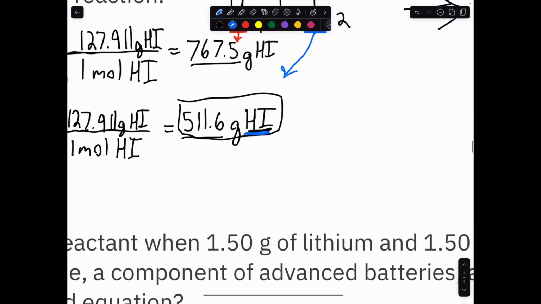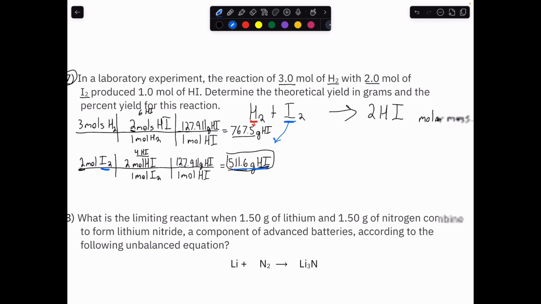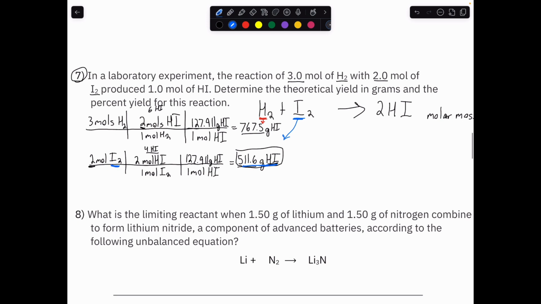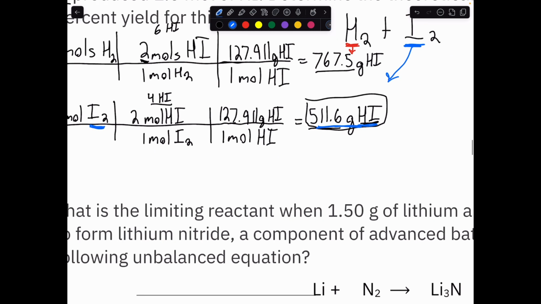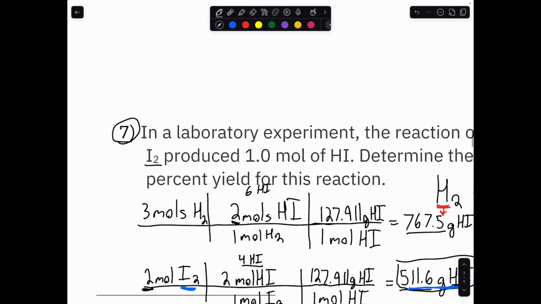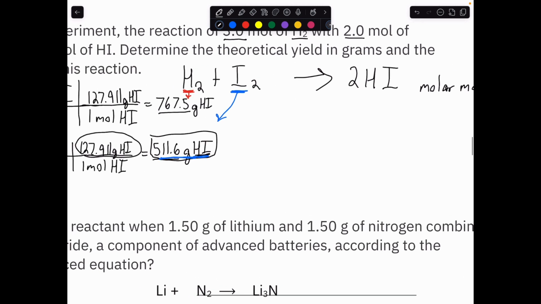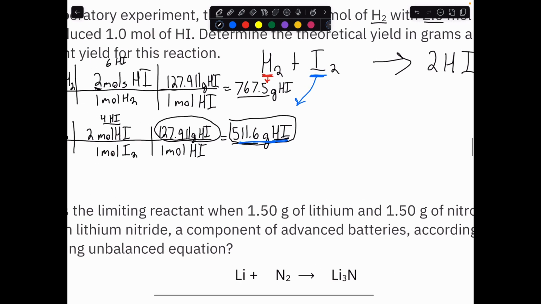So from that, we know we're going to be using this number for our yields. I'm going to do our percent yield, or our theoretical yield in grams, because we know that for 1 mole of HI, and I'm just going to put this over here, we know for 1 mole, and I don't have to write this down. 1 mole of HI is literally our molar mass, which is this number right here. Congratulations, guys. You've already found the theoretical yield in grams. That is our